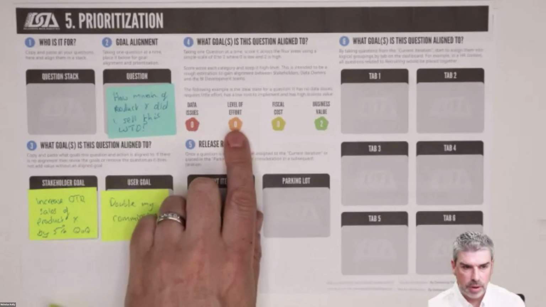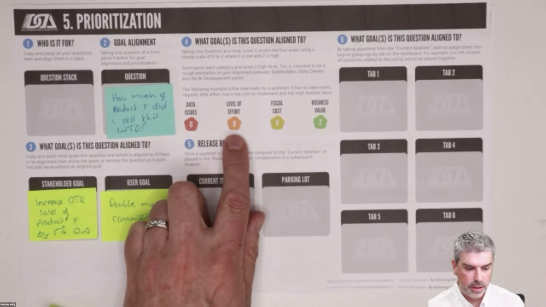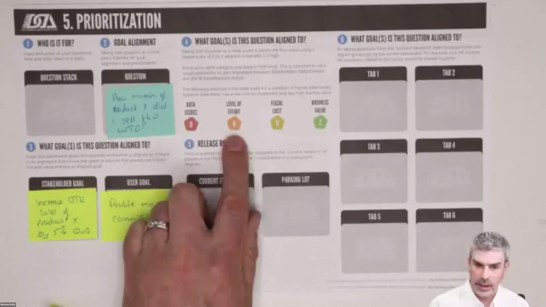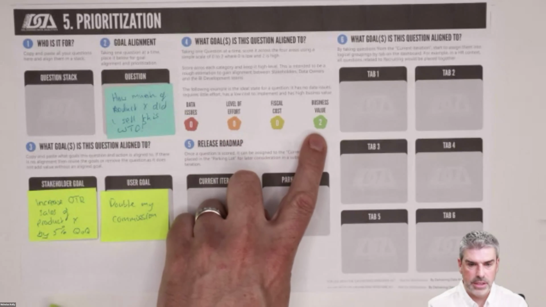How much effort is required? And in this example, we're saying there's no data issues. The level of effort's trivial because it's already there. Is there a financial or physical cost to doing this? There's not. And we're saying the business value is high,